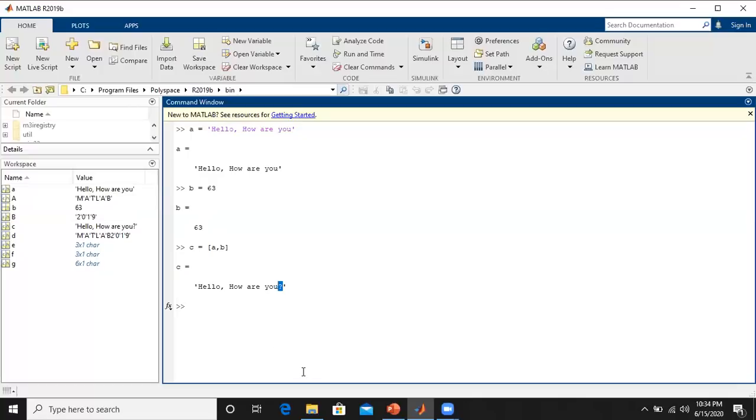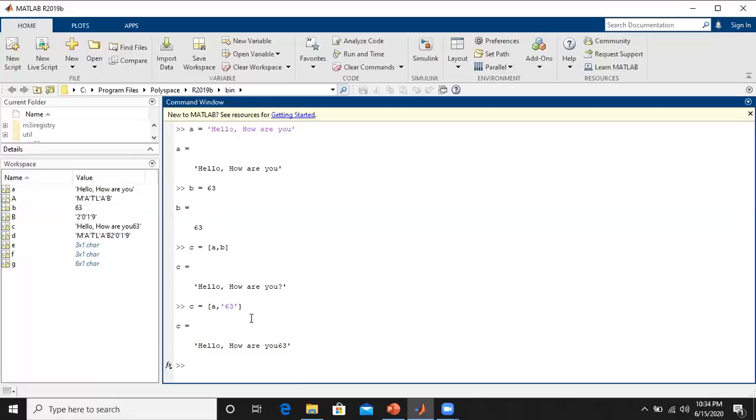Then again we try to print the 63 within that string. Then what we can do is we'll take C, then again we type A, then just wanted to type 63 in between the single quotes, so that that 63 will appear along with the text.